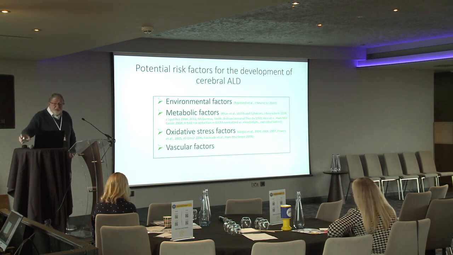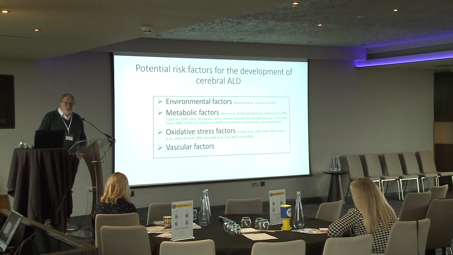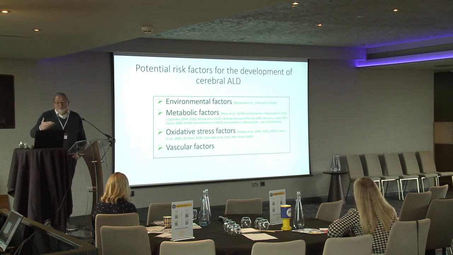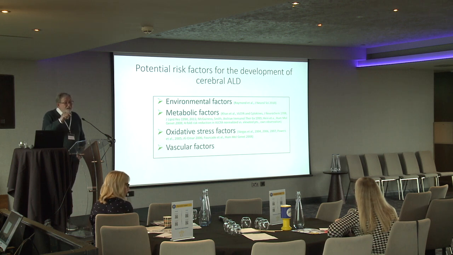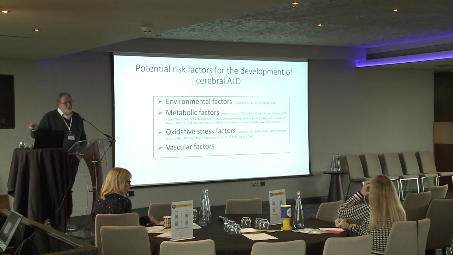But one factor is really very important, I think, in every patient, which is the metabolic situation. All patients with adrenoleukodystrophy have the inborn error of metabolism. So they have elevated long-chain fatty acids, which in higher doses are toxic for brain and spinal cord or peripheral nerves. So there are clearly metabolic factors that we need to take into account and understand, as this is important for the progression of the disease.